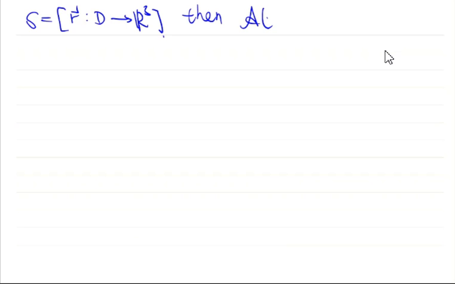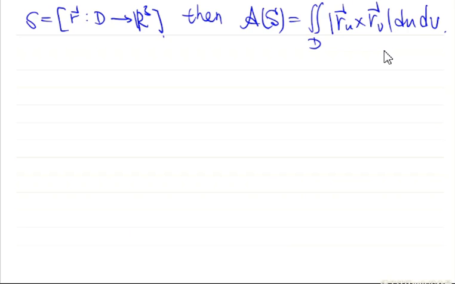Now, we have defined the area of a surface. The result is this. Suppose the surface has a parametrization, then the area is very simple. It seems very wonderful. No problem. Good. Unfortunately, we need to solve a problem because